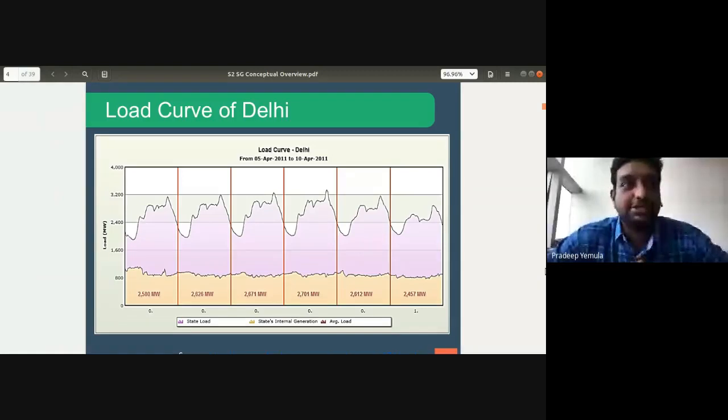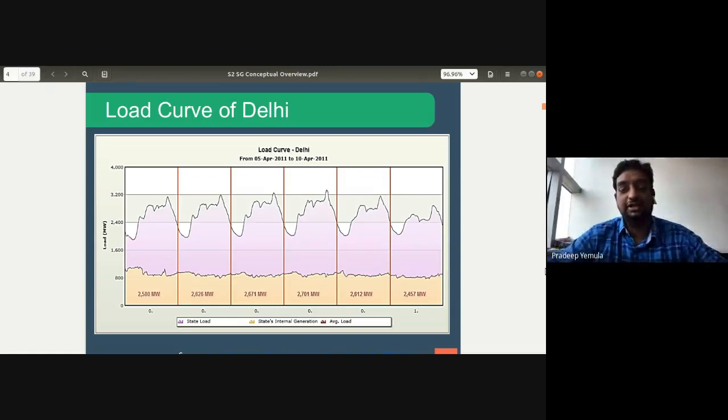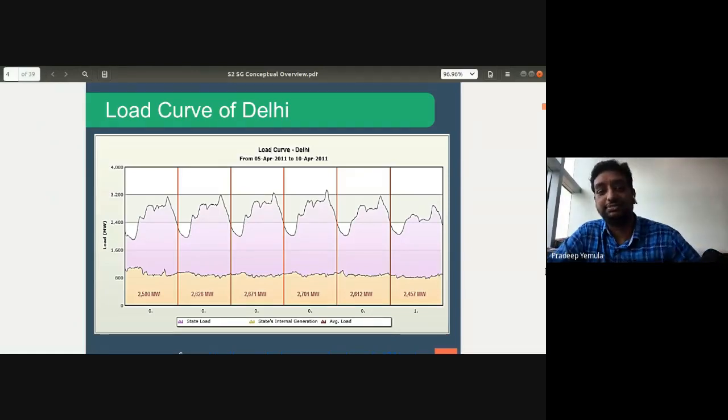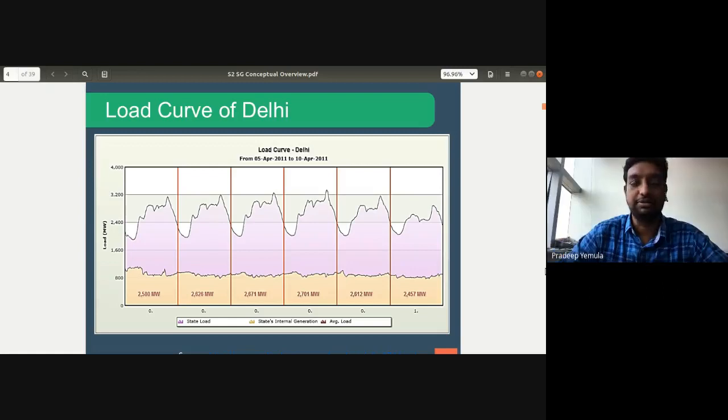One answer says that you should also consider loads, and the other answer says that you should also consider losses. So let's say I ignore losses. Even if there are no losses, in order to meet the maximum demand of 3,200, you should have at least 3,200 of installed generation capacity. But then most of the time, the load is not 3,200. It is only that much for a short duration. So to meet such a load demand, you need to have some generators which are only operated during the peak period. So their utilization will be less. So that is one problem.